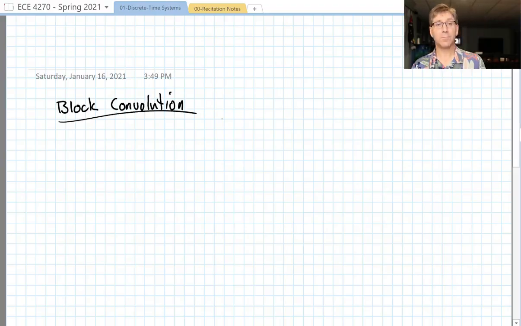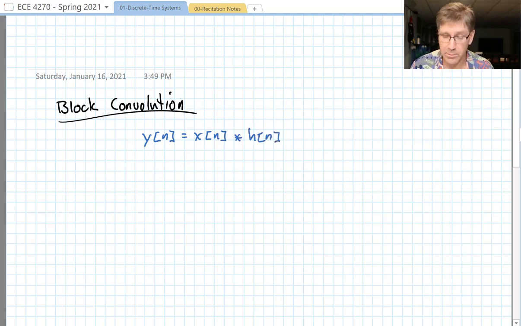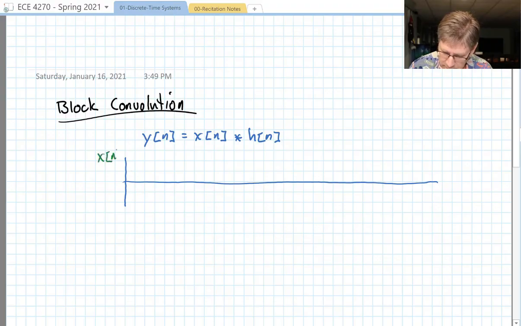Right now, doing block convolution isn't going to look very special, but it will set up for later types of operation when we find that we can actually use the fast Fourier transform to speed up convolution. And we use the fast Fourier transform on blocks of data. So let's assume we have some signal x of n,